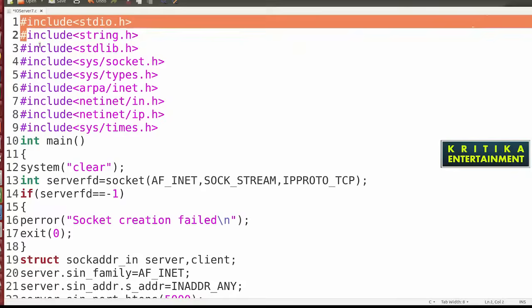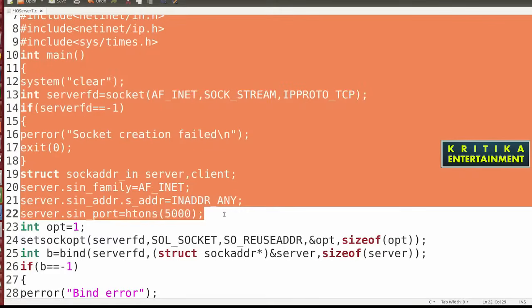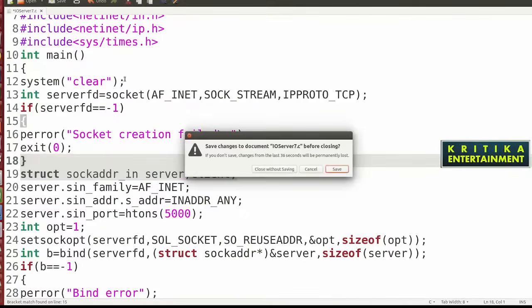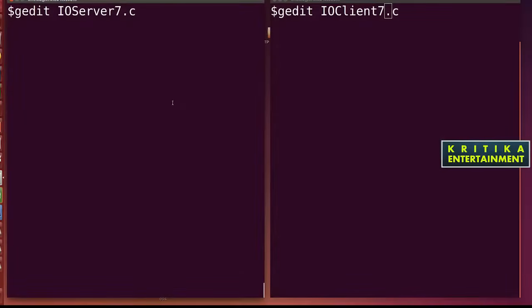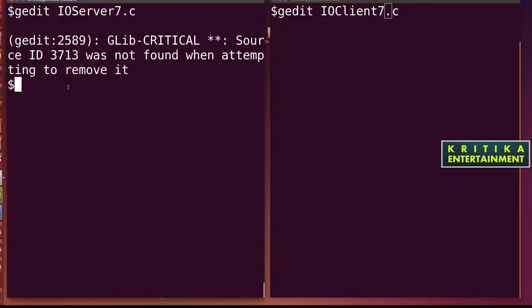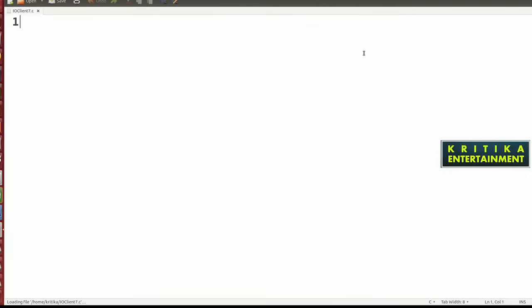so here I'll copy these lines, this number of lines, okay, then copy this and copy this again. I'll run it to check. See, yes, then here go to the client side, copy and paste here.